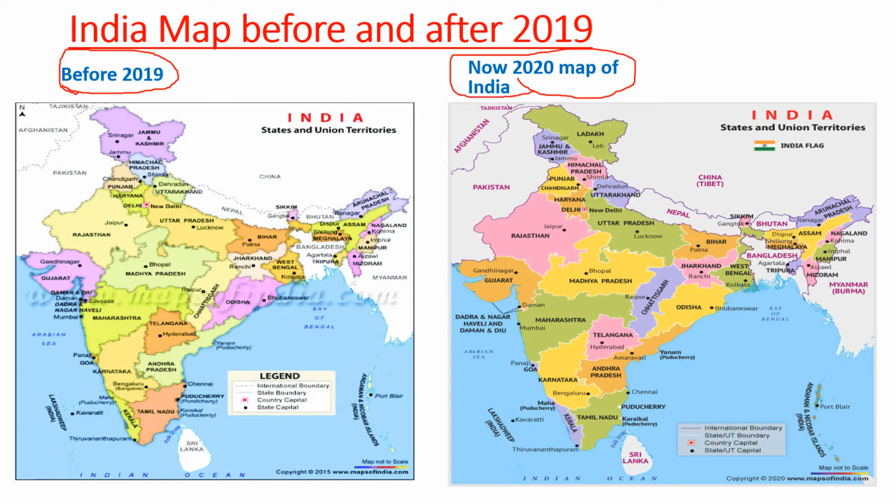We will see the Nepal claim over the territorial boundary that India has changed, and how much that has actually changed. Look, this is the map before 2019. As you can see, here is Nepal and the boundary area between Nepal and India. And here you see the 2020 map. It's the same. Actually, there is no change over there.